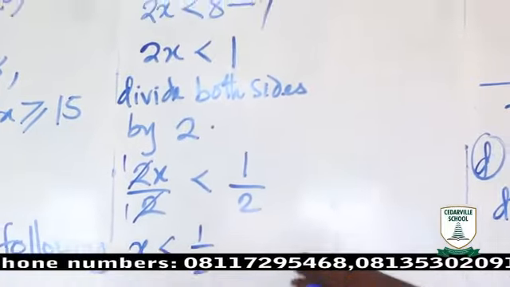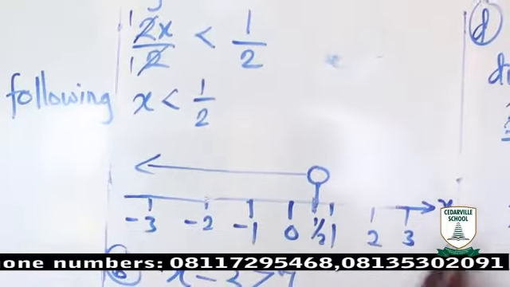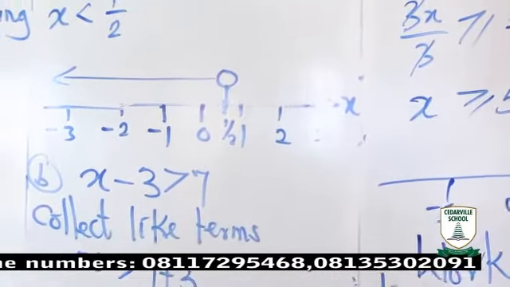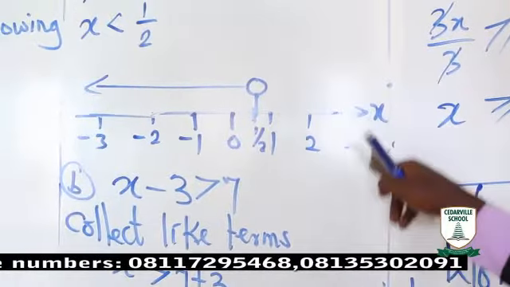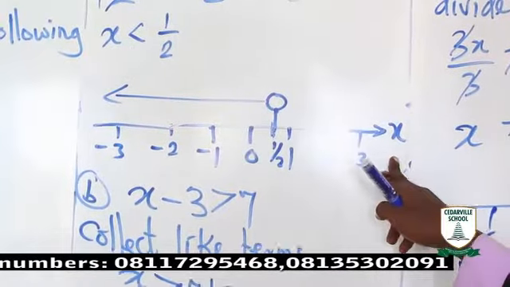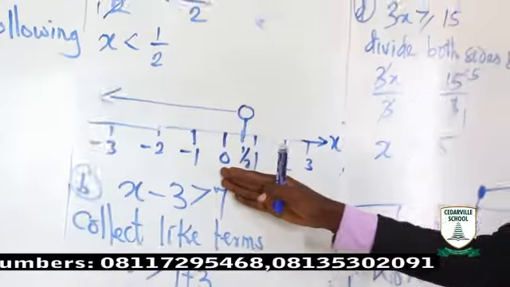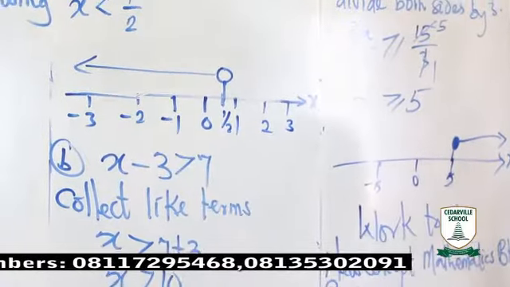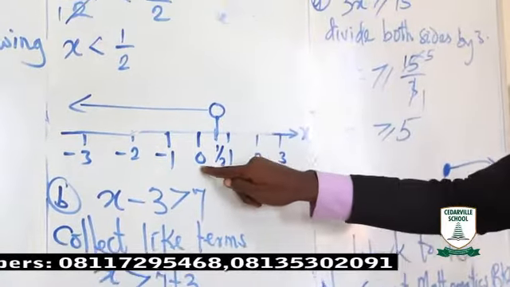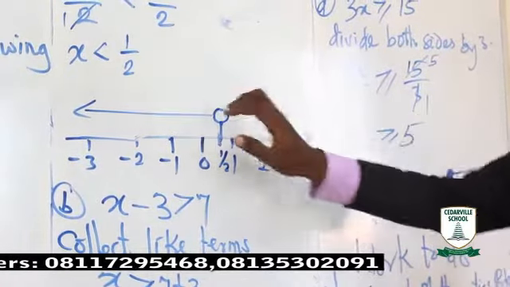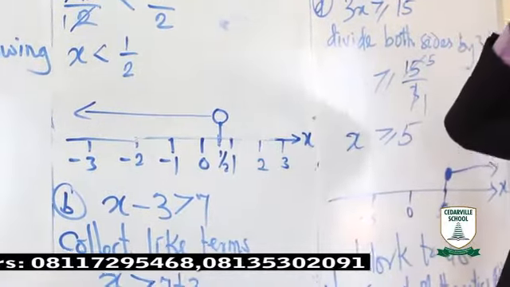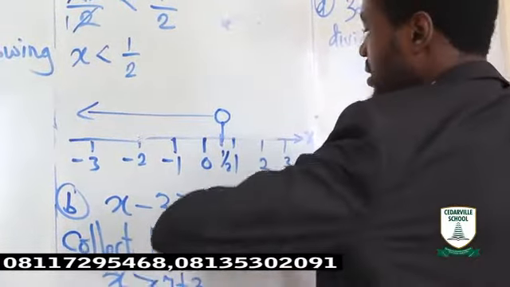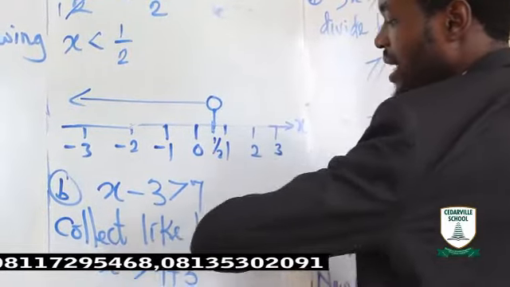After this solution, you must represent the solution on a number line, which we treated in grade 7. And on this number line, we have a straight line with an arrow here. This is x. Then 0 in the middle. Numbers after 0 are positive. The numbers before 0 are negative. So, this is 1 over 2 in between 0 and 1. Because it is less than, our arrow points to the back. Our arrow points leftward, in our left hand side.